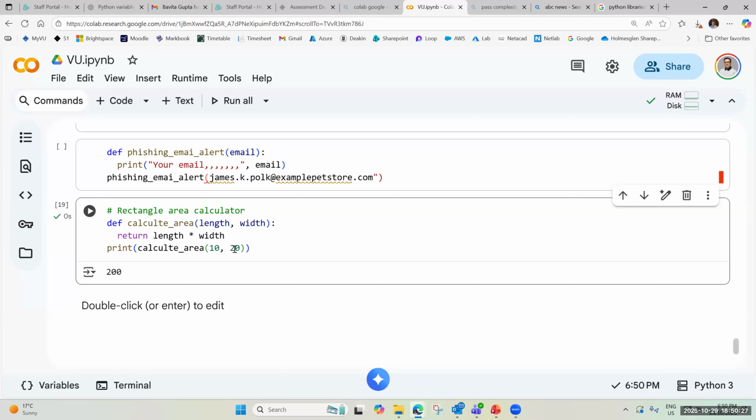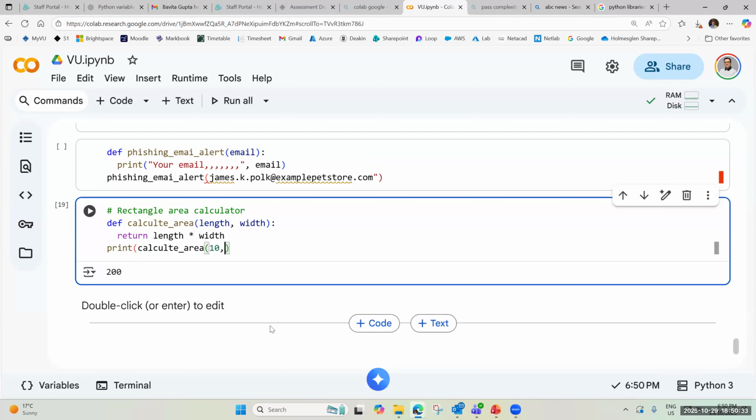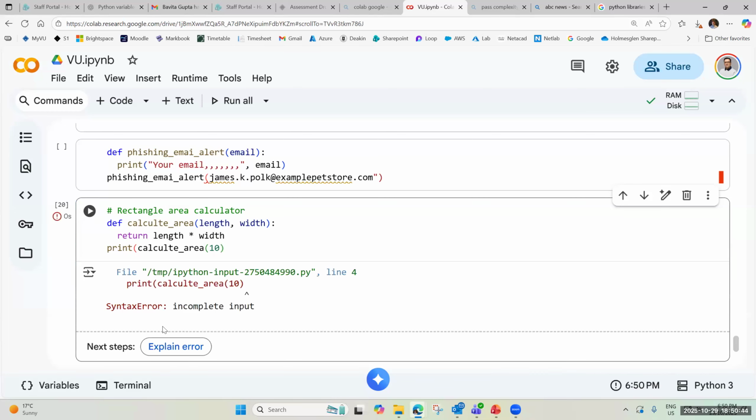And it's correct because 10 times 20 is 200. So it automatically calculates the area. What happens if instead of two numbers, I only insert one number? Calculate the area. I didn't give it the width intentionally. I just say the length is 10. It says incomplete input. So you see this example a lot when you want to create an account in a